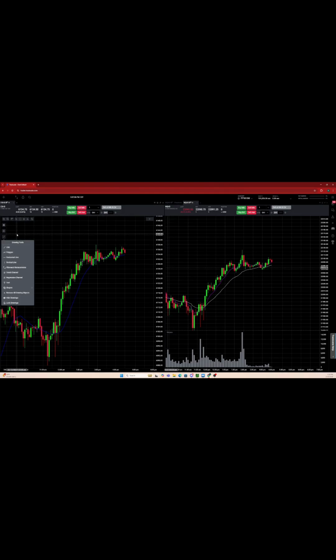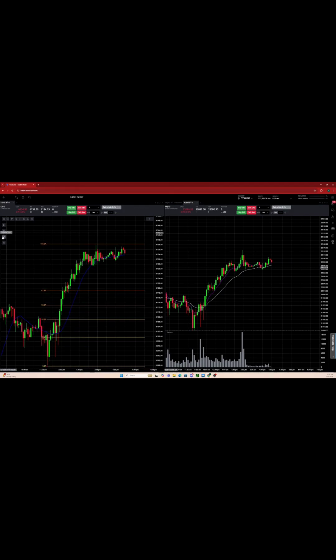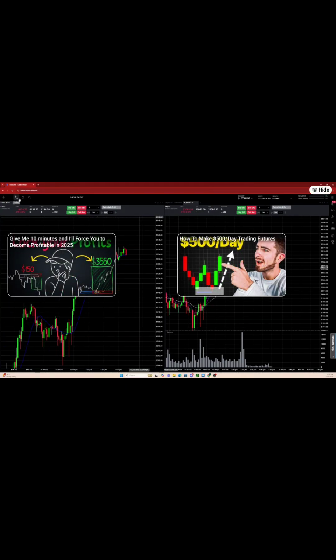Now, the only other thing I would use on here is the drawing tools. So you would go to this button right here and highlight drawing tools, click on it, and it'll pop up. You have your support and resistance lines, and your Fibonacci retracements, which are mainly the 2 that I would use. If you want to use the Fibonacci retracements, you would simply click and drag from level to level. Or if you want to draw a resistance line, you would simply click and drag it to the right. And that's how you're going to use your drawing tools. But anyways, that's a quick